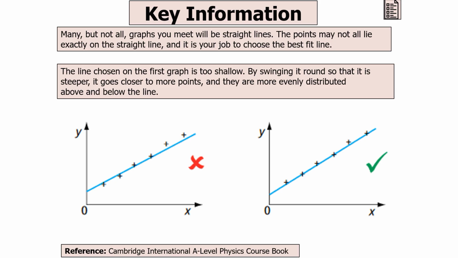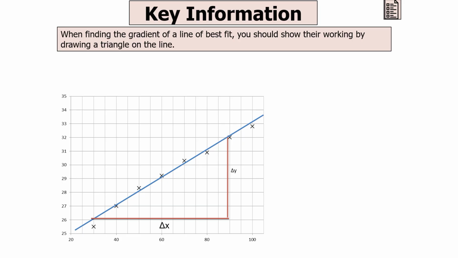By swinging it around so that it's a bit steeper and it gets closer to more points, and they're more evenly distributed above and below the line, such as on the right hand side, that's a better line for your graph. Now when you've drawn your line of best fit in, you can then find the gradient of your line of best fit,